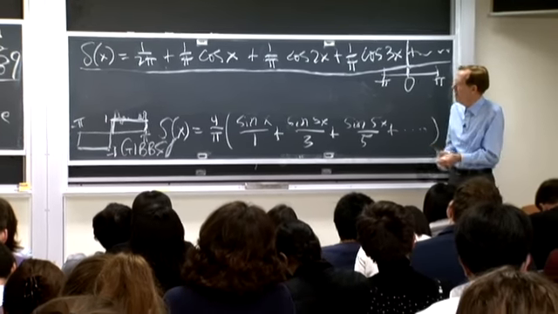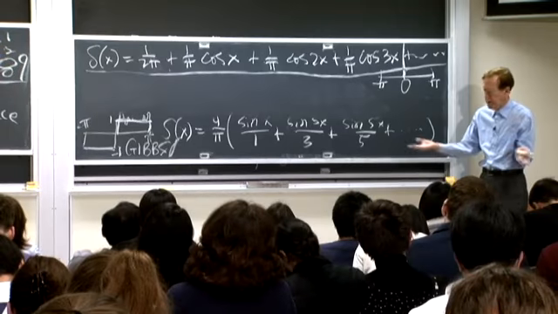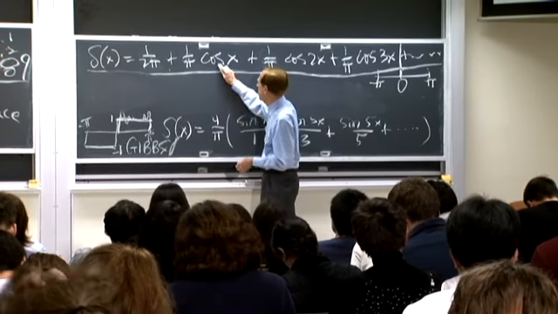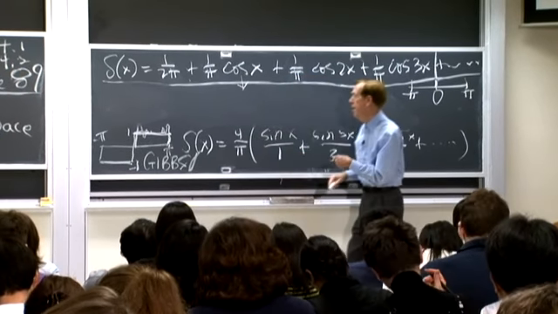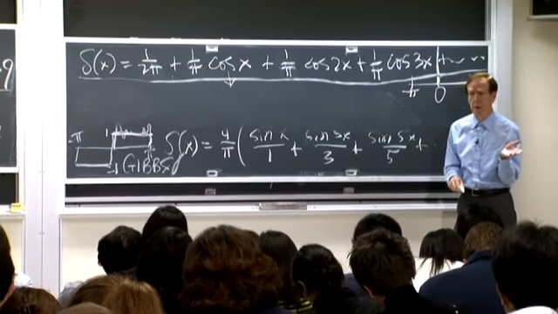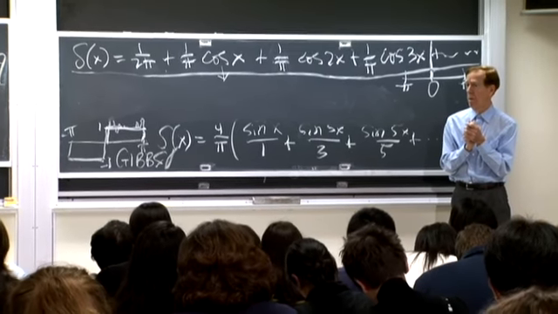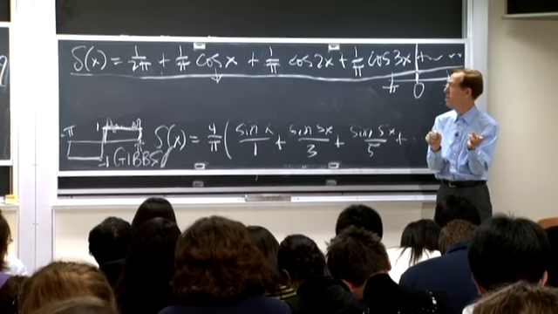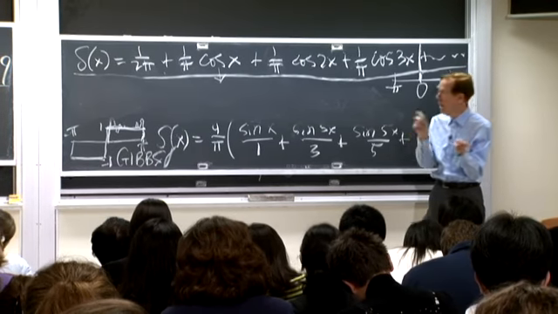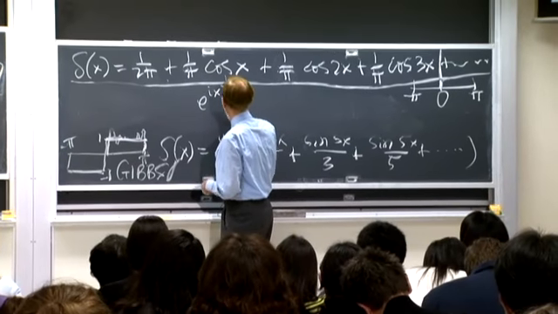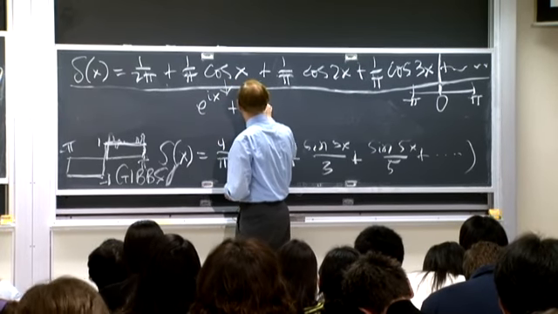Just term by term, just to see it clearly for this great example. So what does cosine 2x look like in terms of complex exponentials? Everybody knows cos x is the same as e to the i x